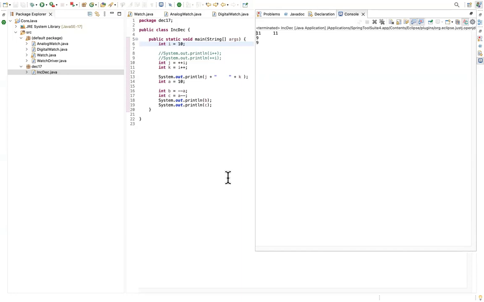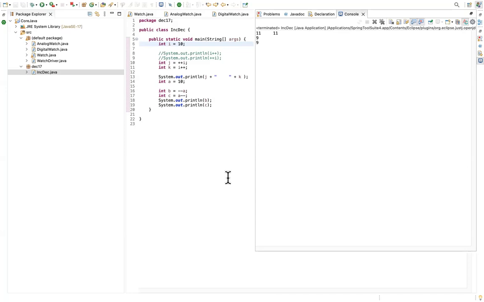Yeah, this I understand, Sneha. Before the correction, it was A minus minus and minus minus A, right? B was post decremented A. So if you're doing A minus minus, your A still remains 10. But after doing a pre-decrement, your value has become 9. And immediately what you're doing the operation is pre-decrement of A. So right now A value is 9. And when you pre-decrement one more time, it becomes 8. So you got a value of 10 and 8.